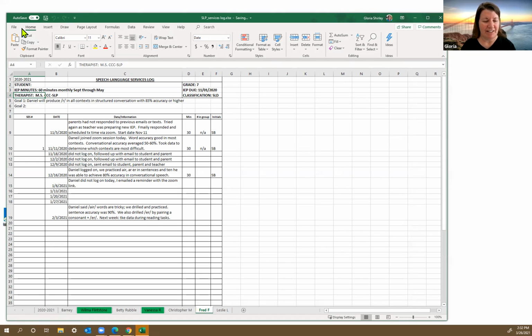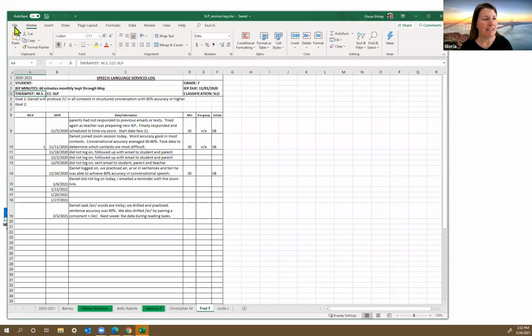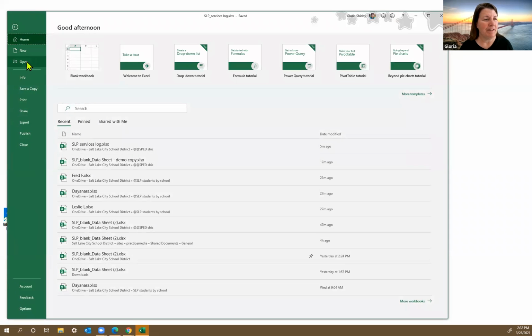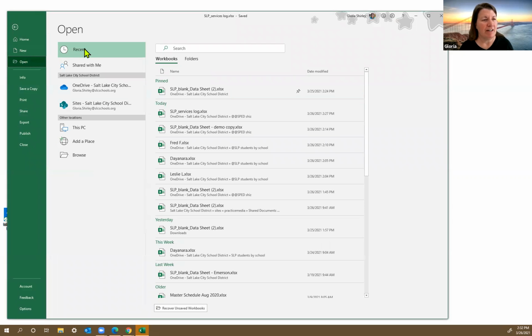Tip number 7, organizing data sheets for daily access at various schools. My tip for this is to name your files by the school. So if I want to go back here and open a file and say I want to take this one and